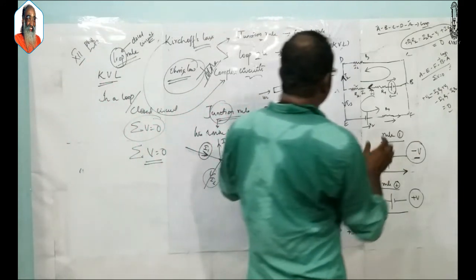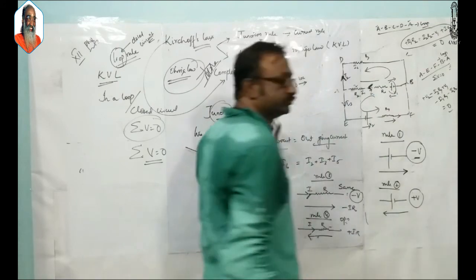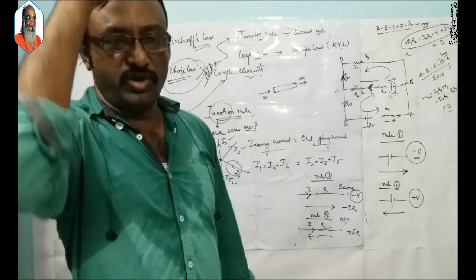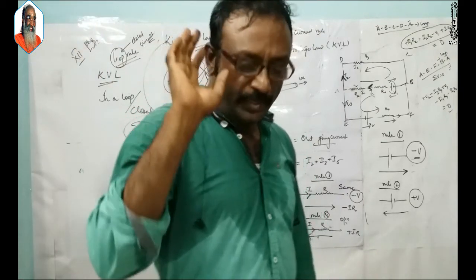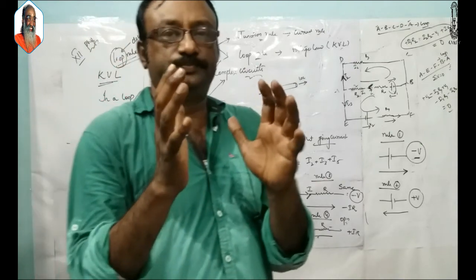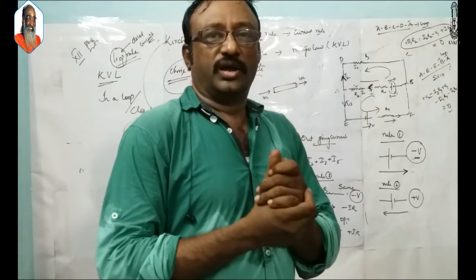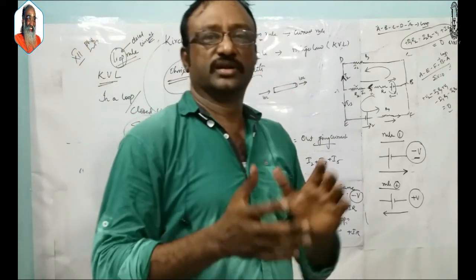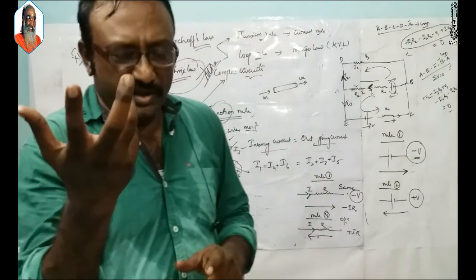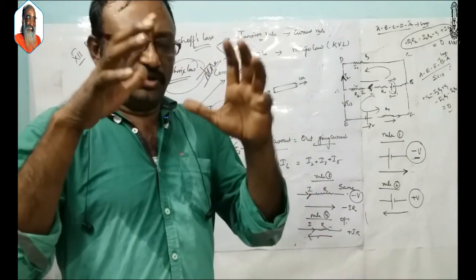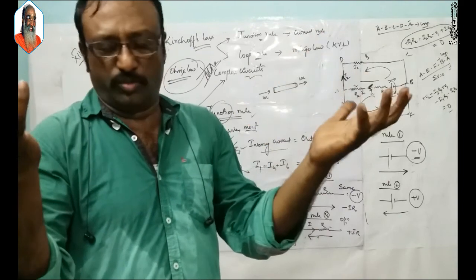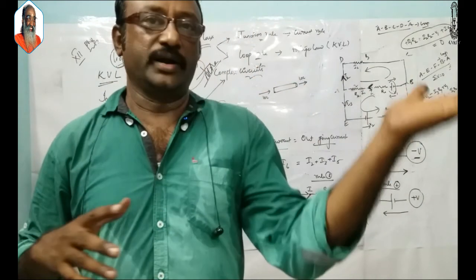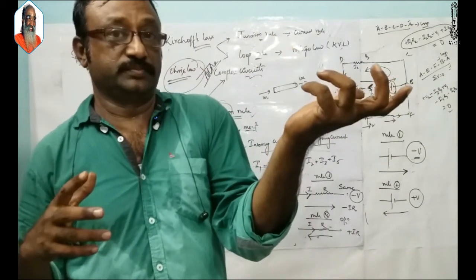Okay, so this is about a simple thing. If you understand it or observe it carefully, this will be very interesting. If you understand these concepts and apply these laws in numericals, a loop or mesh will be given, both are no problem. If a mesh is given and you are asked to find something in that mesh, you can select how many loops or meshes are there in the circuit, apply KVL, apply the junction rule or current rule, and you can easily find it.